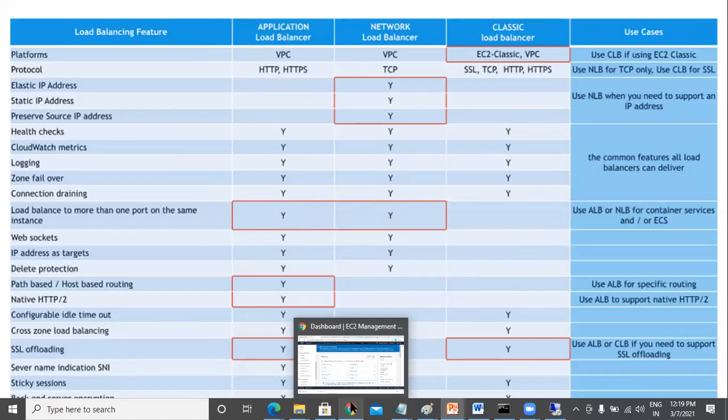When I say least connection method, whichever has fewer connections, that will be given first importance by the application. Least response time method is whichever has the lowest average response time on the communication will be given the first access. And round robin, I think you all know, is when you have four servers in your AWS, A, B, C, D: one server gets the request, then the second available server, then the third, then the fourth, it rotates.